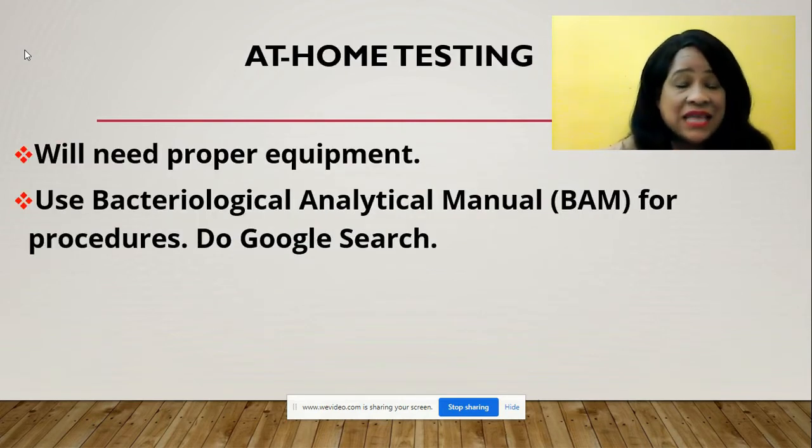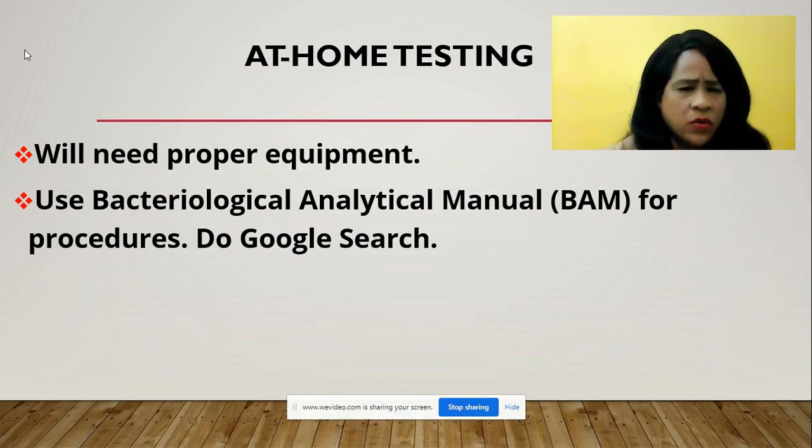Can you test at home? Can you do your own testing at home? Is it a wise thing to do? Yes, you can test at home. Is it a wise choice? I don't know. It's up to you. But if you do decide to do at home testing, please